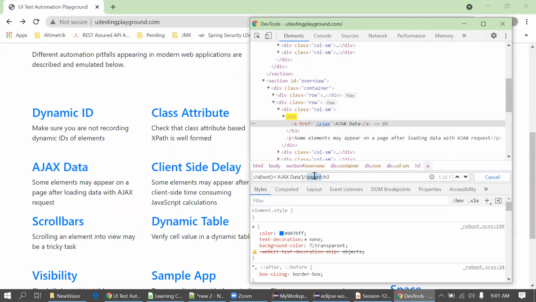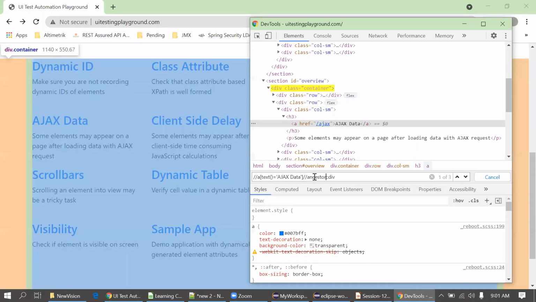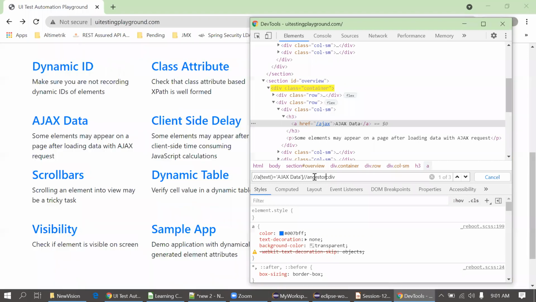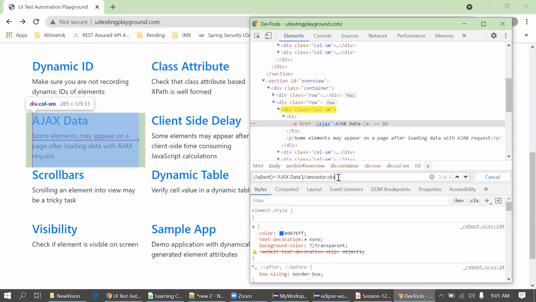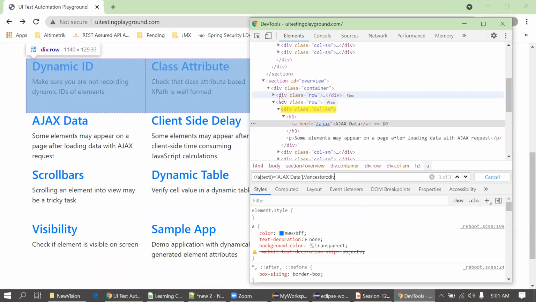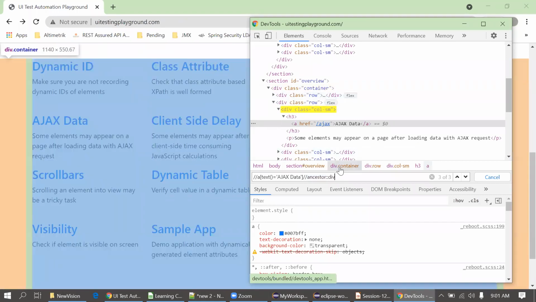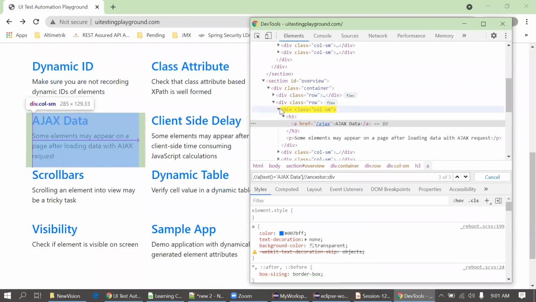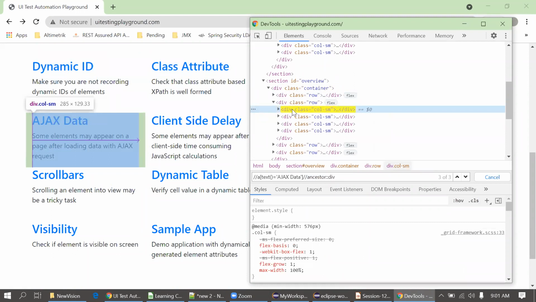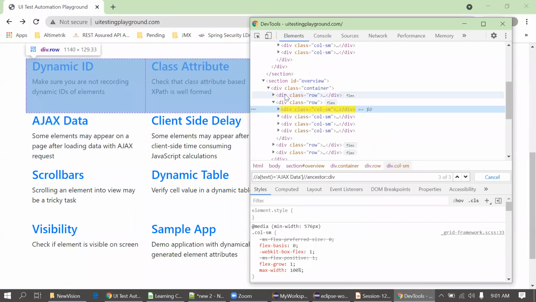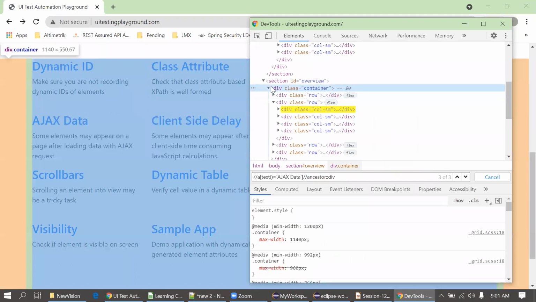Now I'll go for the ancestor. Again, I'm reverting to the div. I will go for the ancestor. Now I am seeing three ancestors. Ancestor means kind of a grandparent or parent. This is the first, this is the second, this is the third.